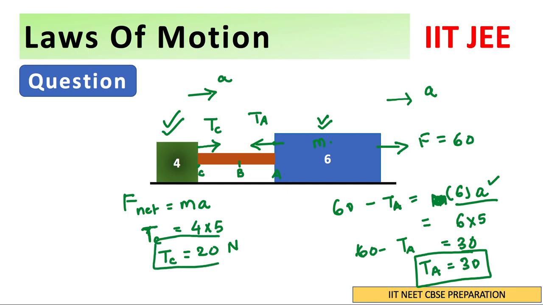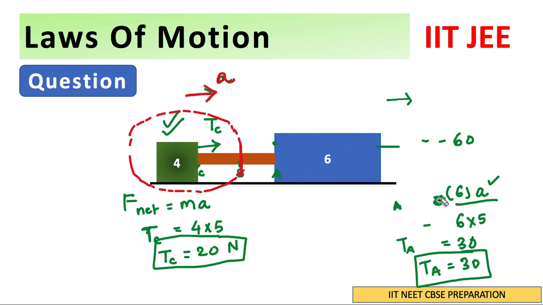So two forces we have found out. Now we have to find out what is the force at point D. So let's see how to find that. That is important. So now at point D, you see that this is the midpoint, right? So if you consider this part as your system, can I say that this is a system which is moving with acceleration A in this direction? Let me just erase the remaining things so that it's a little clean.